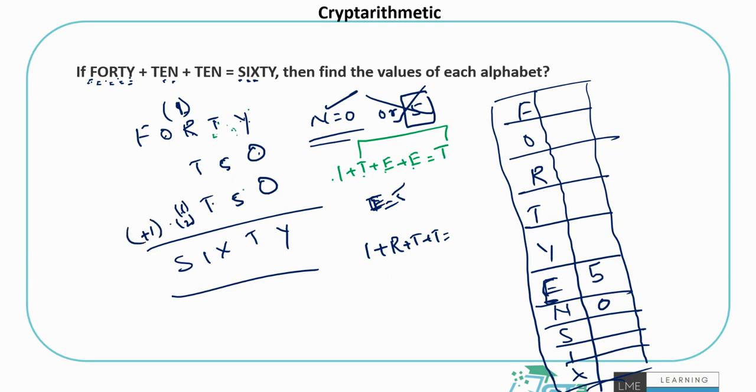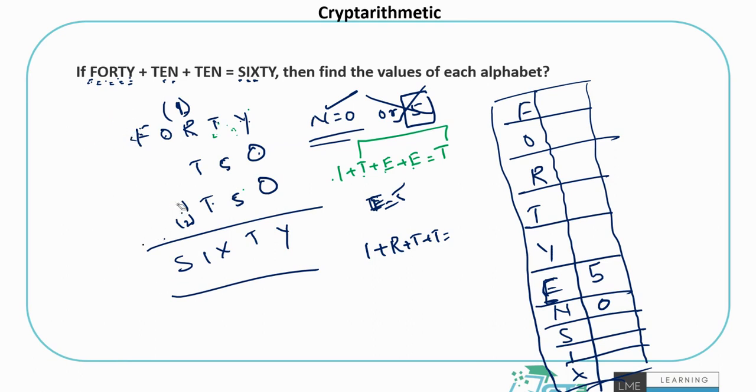Why? Because f and s, there's nothing else added here. So something should be carried forward, then and only then can I land up with f different from s. See, these digits have to be different, right? F is s only if something is added to it. So if I had 5 here, for example, I know 5 is already taken, so 5 plus 1 is 6. If nothing is carried forward, 5 will be written as 5 only. So it should be f and f here, not s. So keeping that in mind, it has to be 1.